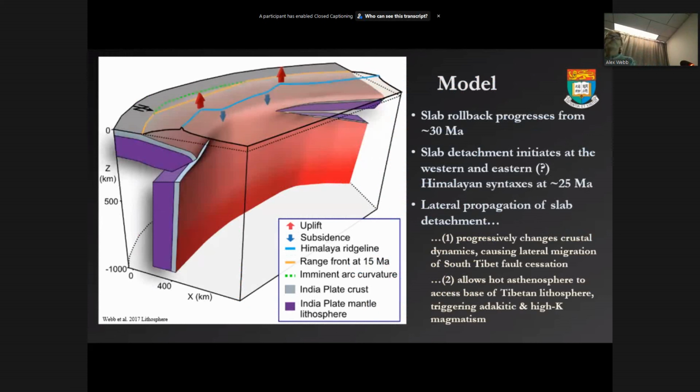Good. So this is our conceptual model for what we think would have controlled Himalayan tectonics. And this is really different in appearance from all of the other models I showed you earlier, right? So this takes a little bit of understanding. One thing is actually easy for you guys. There are three things to do to think about this model.